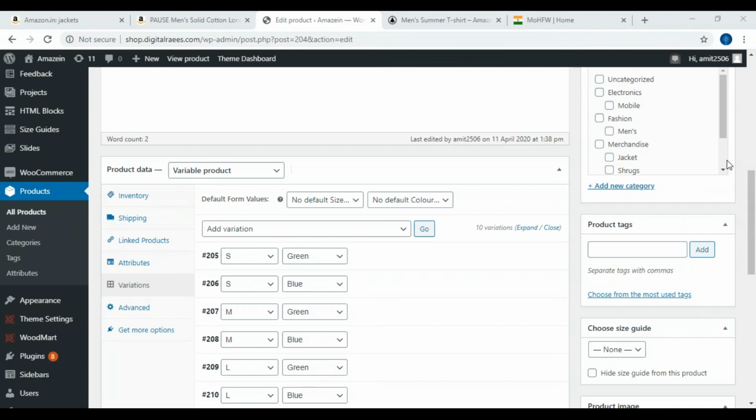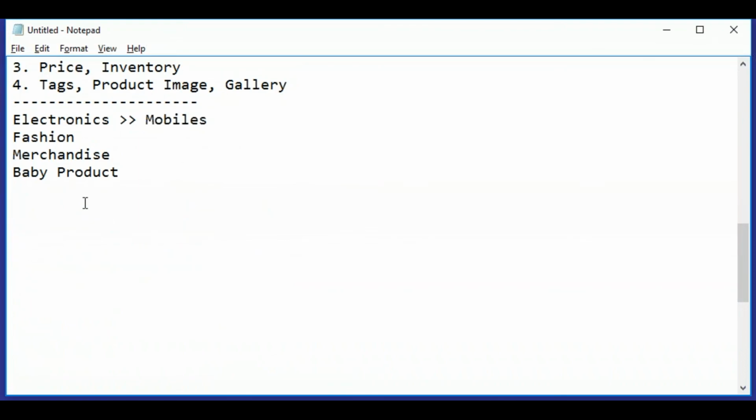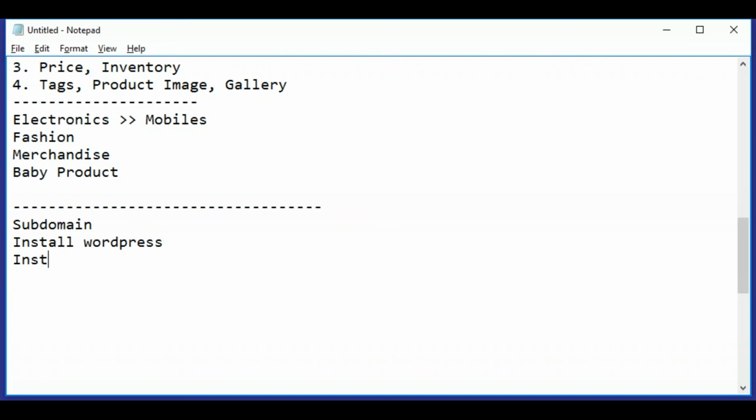So see, those who want to do it later, or else if you don't want to disturb your current website and want to work separately. So if you are having a hosting where you can host multiple domains, then what you can do is you can create a subdomain and you can install WordPress, and then you can install a theme, WP Ocean.